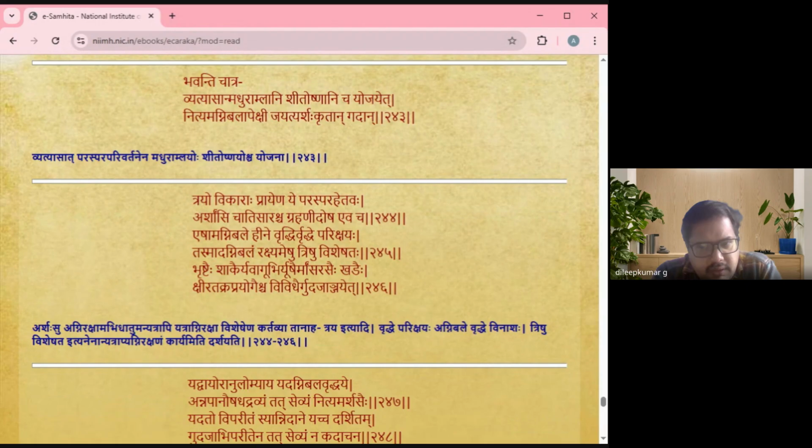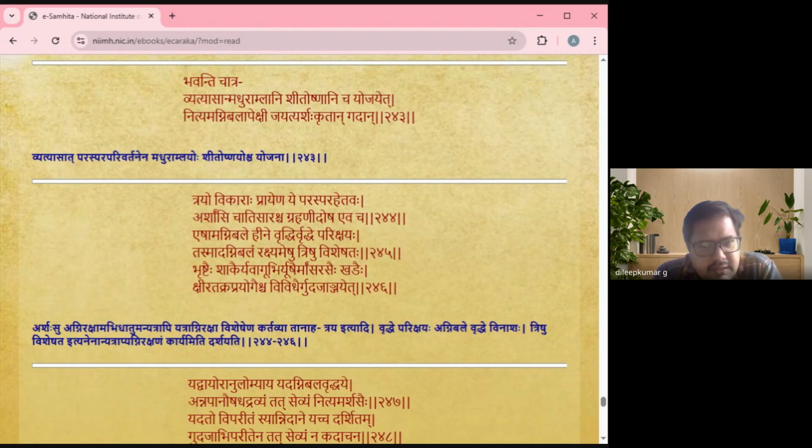Ardhra Arshas. Next, sloka number 244. Three diseases, Trayo Vikara Prayana Paraspara Hetava. That is, Arshas will develop Atisara, Atisara will develop Grahani, or Grahani will develop Arshas or Atisara. So like this,